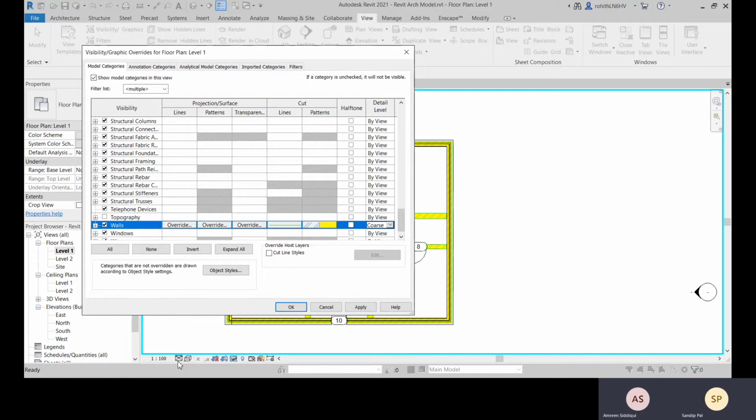If you are in fine detail view within that particular floor plan view, you are overwriting that for this wall, you will have this coarse detail only or medium detail only. Okay, so by view means that is what is set in this particular floor plan view, but you are overwriting it. Even if you are in fine you will get the medium, even if you are in coarse you will get the medium detail level that you are applying.